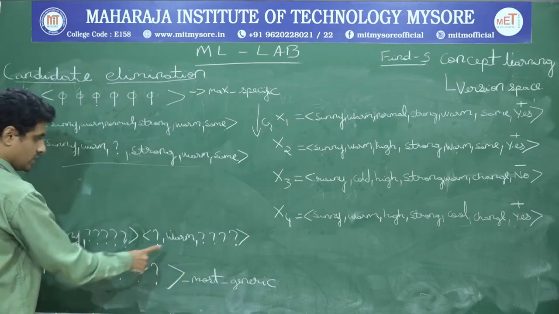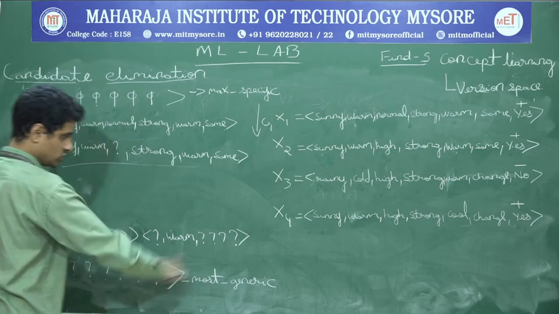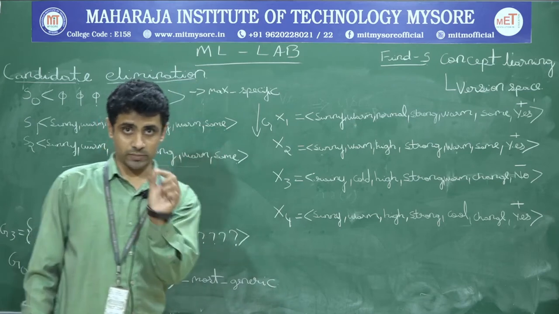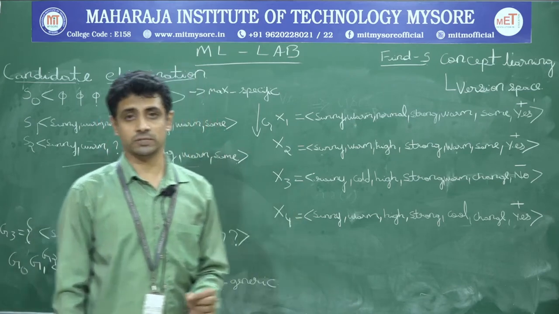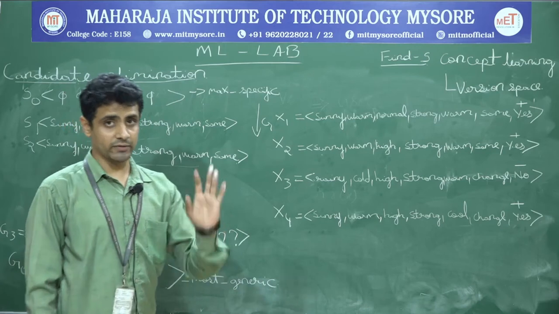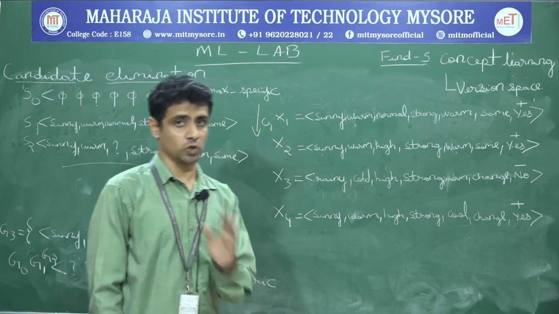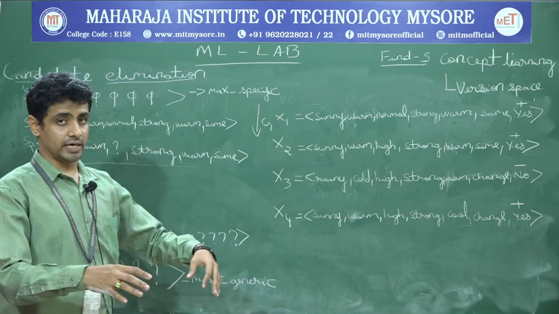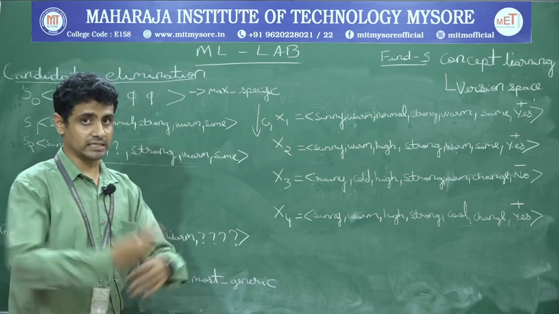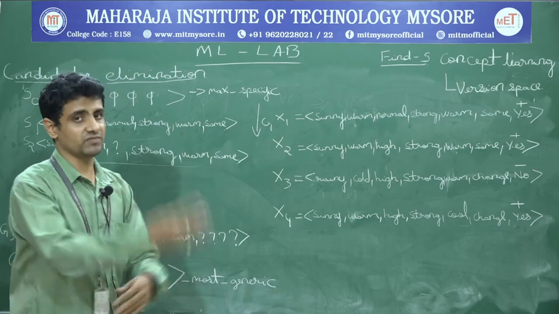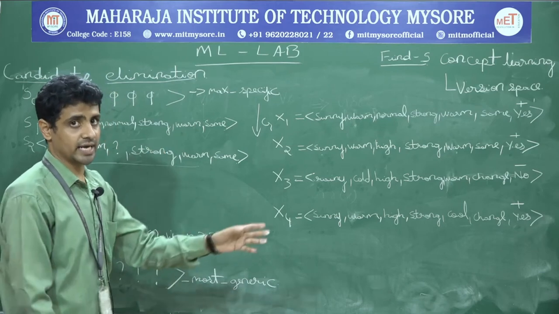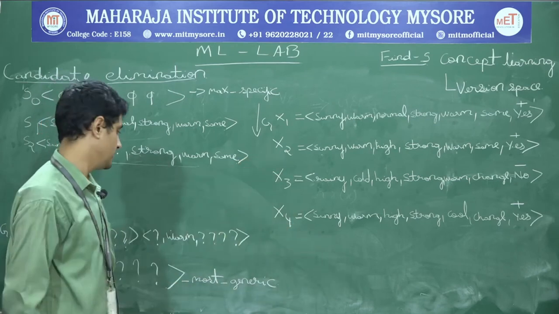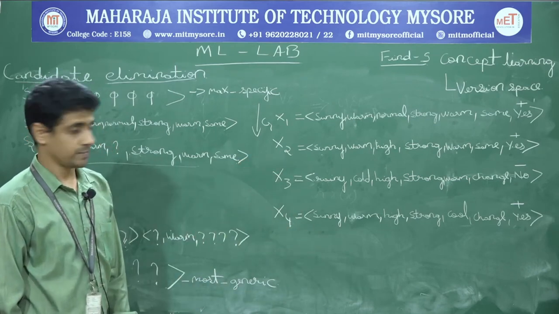Why? Because this is my second attribute. So this way I got the second attribute value with respect to the given negative. The negative classification says that the second attribute is cold. To generalize that, for any instance or example given in future for classification, to classify it as positive, the second attribute should always be warm, not cold, because cold is classified as negative. We got the generalized one.